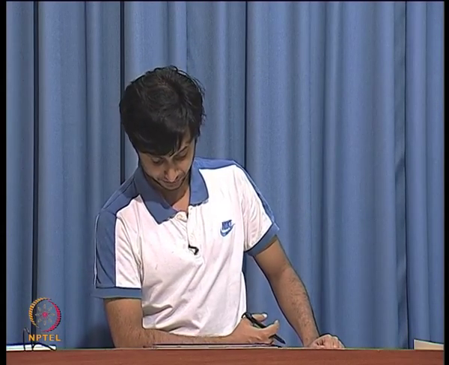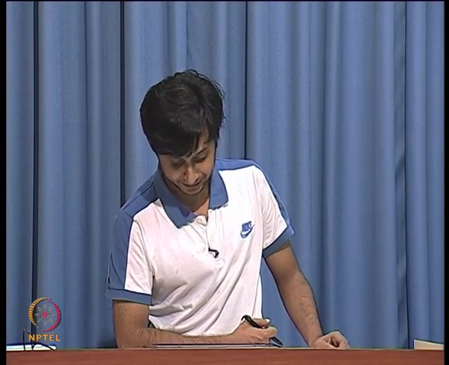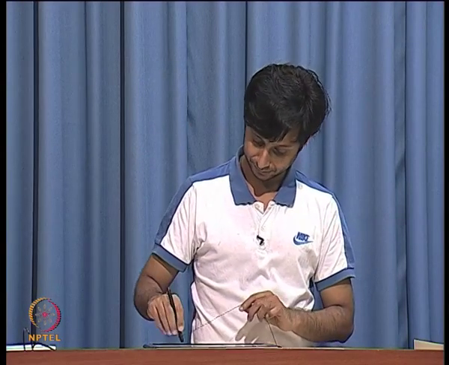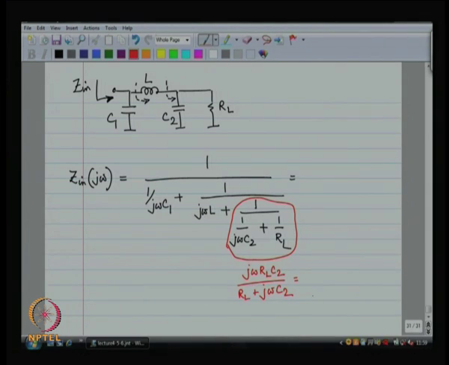So, at high frequencies the impedance is 0, at low frequencies I am sorry, at low frequencies the impedance seen is R L. Does that pop out of this? Yeah. So, I should not write it in this fashion. This is how we like to write it. So, at low frequencies the impedance is R L, and at high frequencies as omega tends to infinity,